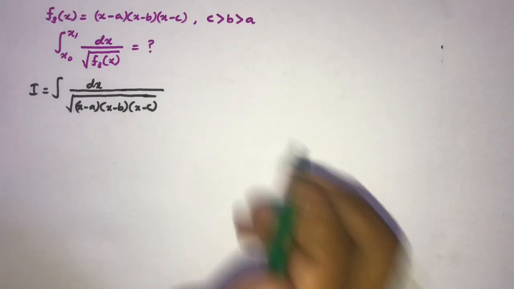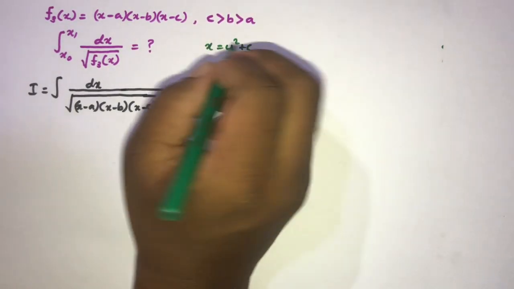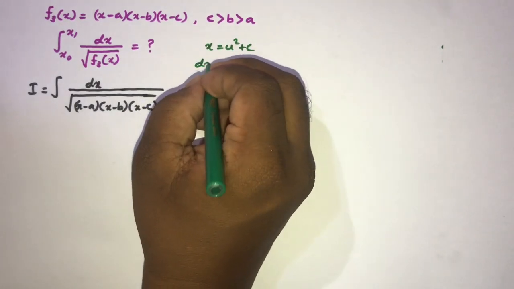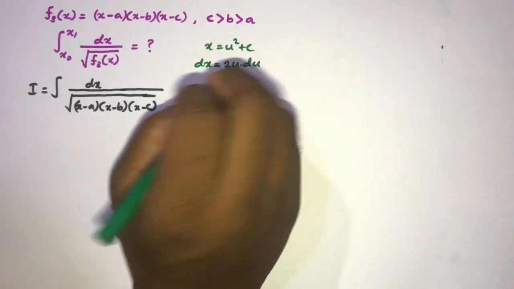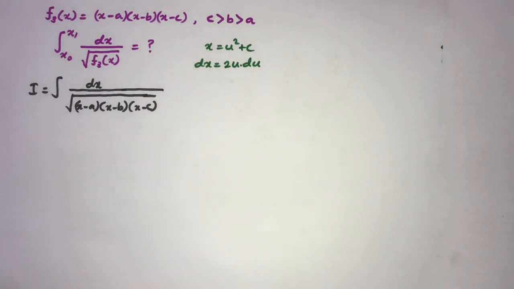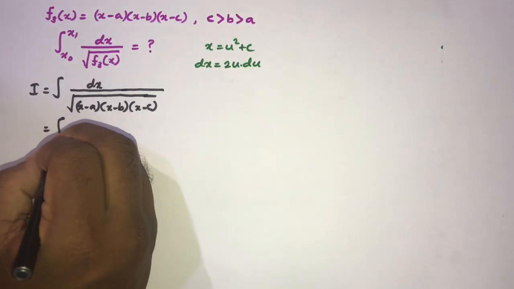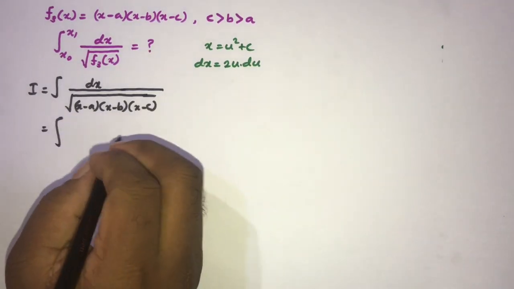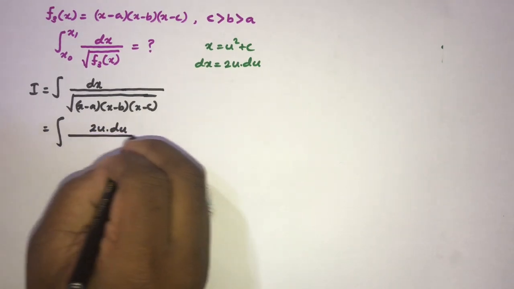If we take x is equal to u square plus c, now differentiate, so dx is equal to 2 times u du. Now we can plug in here, so dx is equal to 2 times u du over